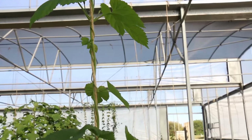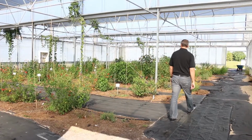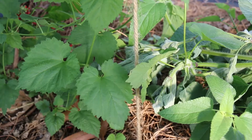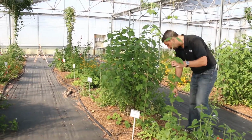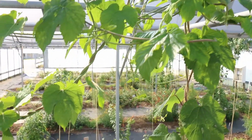I began this project really from my own personal passion as a home brewer and craft beer enthusiast. I tried to grow the plant here to see if it was possible for my own personal craft beer usage, and then realized the potential for research purposes with it and increase the amount of hops that we were producing